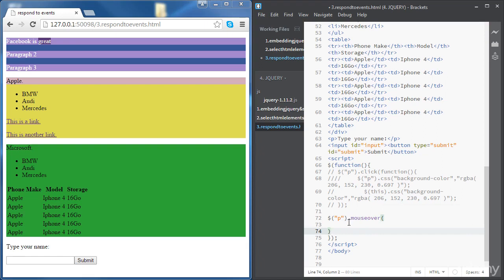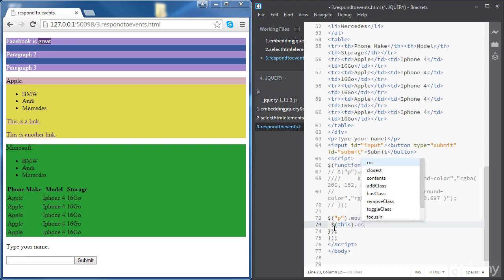Okay, we're going to set a function between the parentheses. The function is going to be set like this, so no parameters, empty parentheses, and then open curly brackets and close curly brackets. All right, so we want to select this. Okay, so we're selecting the paragraph that we hover on,